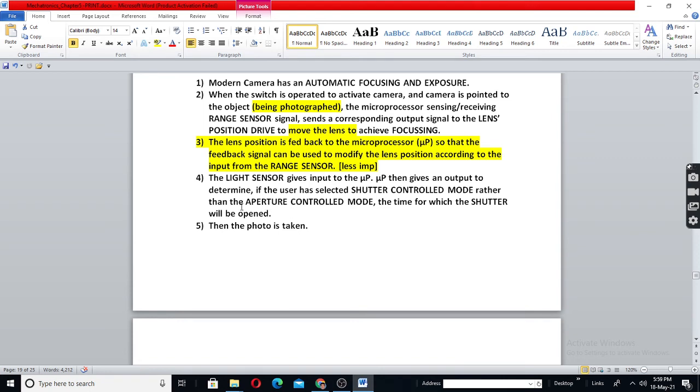One is what percentage you keep open, the second is the duration for which you keep it open. Similarly, if you have a tap 10% open, you will need, say, 10 seconds to fill the bottle. If you keep it 20% open, it takes 5 seconds. So if the aperture is larger, then the shutter speed will be faster. It will close faster. If you want more of this, you can learn from Google, or we will take it at the end of the chapter.